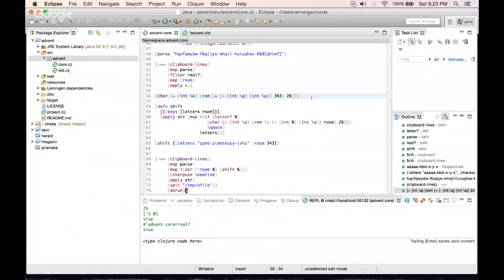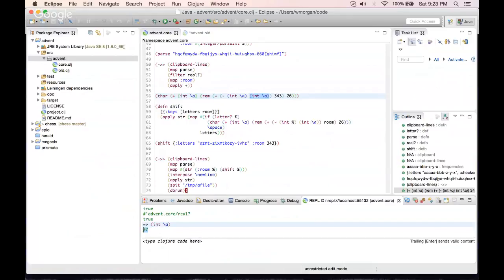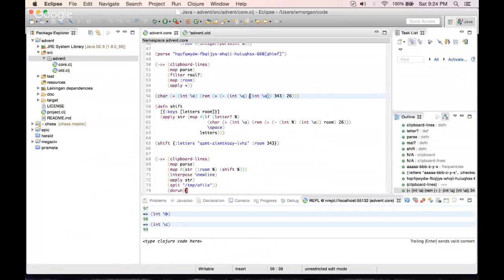If you are familiar with ASCII, then this will make sense. Basically, you can treat characters like numbers. So the character A corresponds to the number 97, and each of the letters in the alphabet after that go in increasing order. So what you do is you take a letter, any letter, and you subtract out the value of A, so that will give you a 0-based indexing into the alphabet. Then you add the value of your cipher,